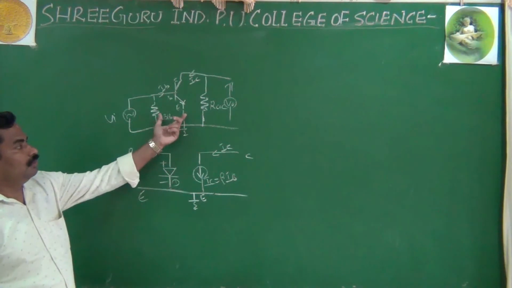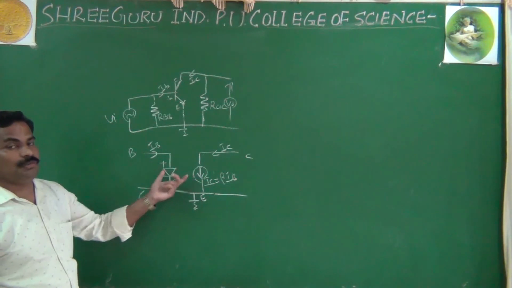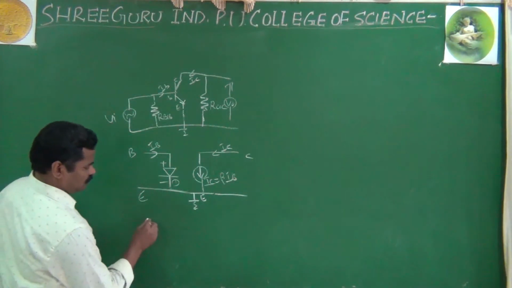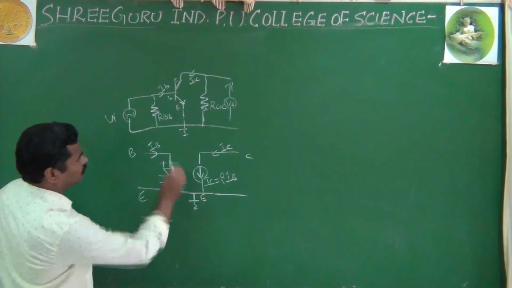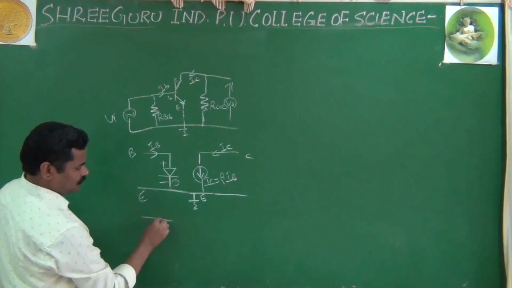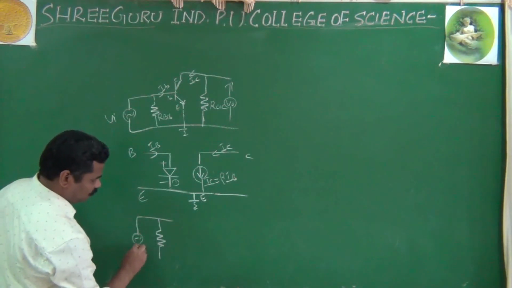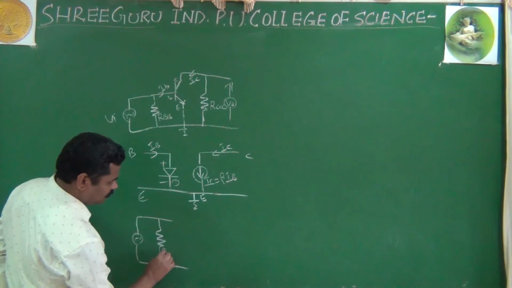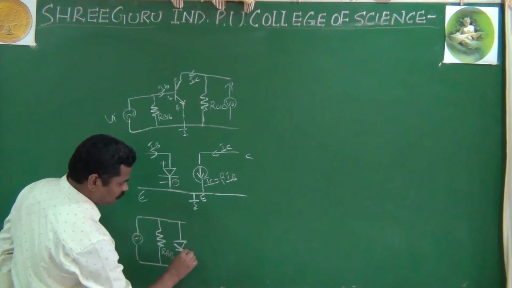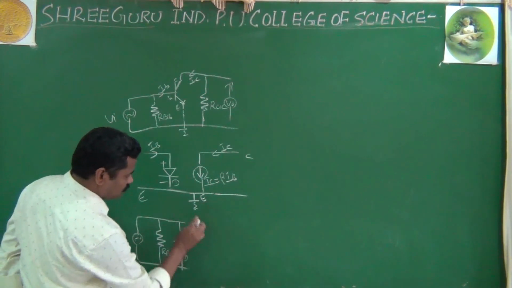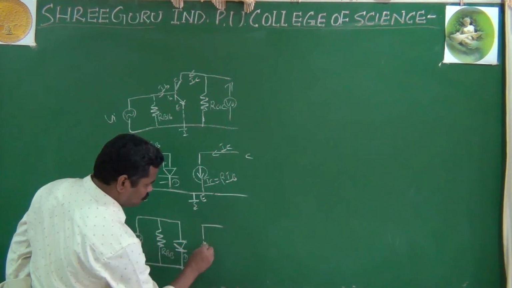It means this circuit diagram can be further simplified by using the input-output characteristic of a transistor. Then you can draw the simplified version, keeping the remaining parts the same and only replacing the transistor. This is the input, as it is, we are applying the input. This is nothing but your RB, and here a forward bias diode, and here a constant current source,